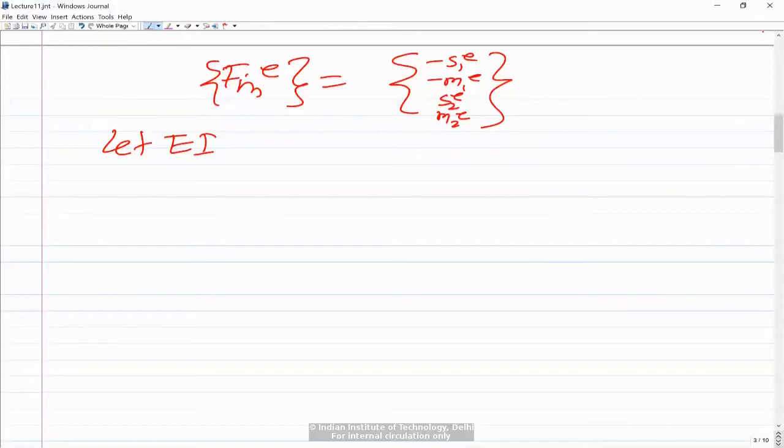Then you can split the integral 0 to L into 0 to L by 2 and L by 2 to L, with one value of EI for each, or it could be some function of x. Then you put that function in and carry out the integration, integral 0 to L of EI B transpose B dx. As a specific case, I am assuming that EI and Q are constant